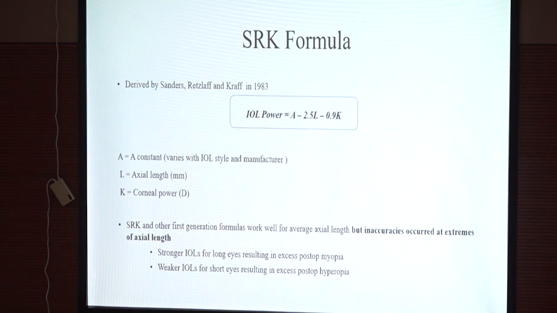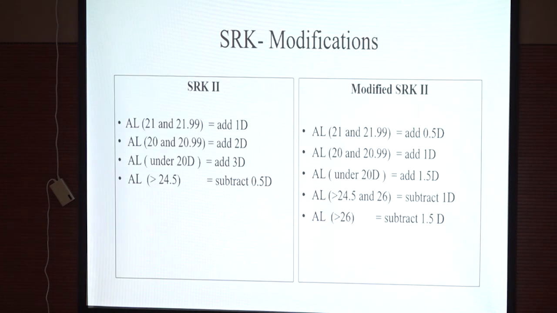Now this SRK formula and other first generation formulas work very well for the average axial length, which is your 22 to 24.5 millimeter range, but inaccuracies are going to occur at the extremes of the axial length. Generally in longer eyes, a stronger IOL power is calculated, so post-operatively the patient will have myopia, whereas in shorter eyes, a weaker IOL power is calculated, which means that post-operatively the patient will have hyperopia. So certain modifications were done in this SRK formula, which are the SRK2 and the modified SRK2,